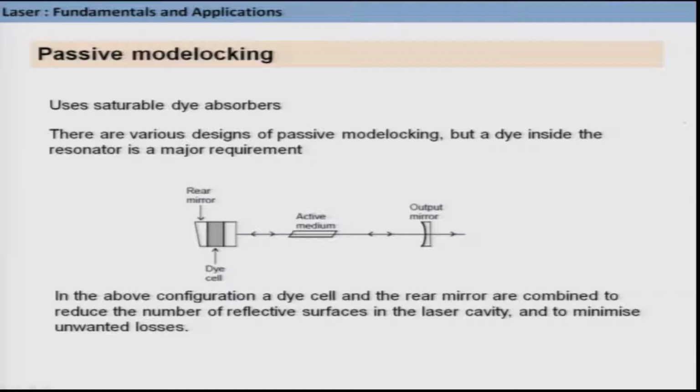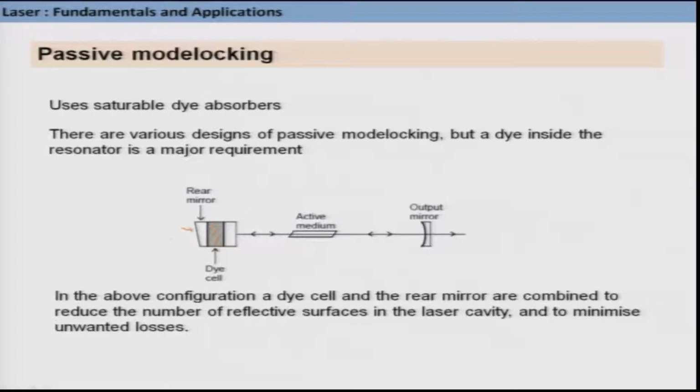So the dye cell is right here. This is my dye cell, this is the output mirror, and this is the high reflector, and then you have the active medium. So the dye is within the resonator cavity. In this particular configuration, this saturable absorber, which is a dye, along with this rear mirror,